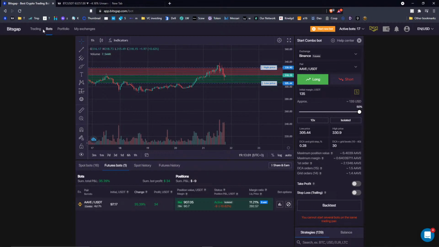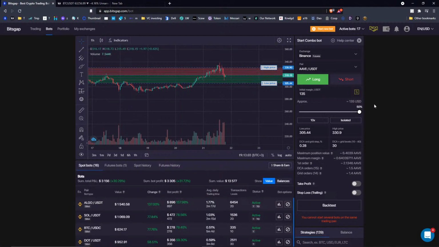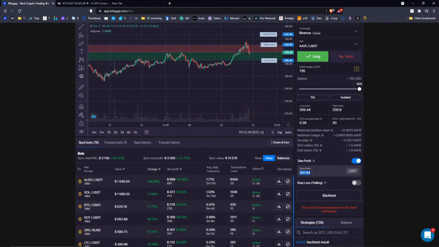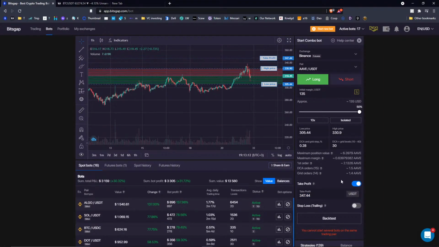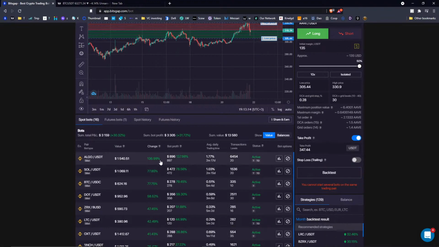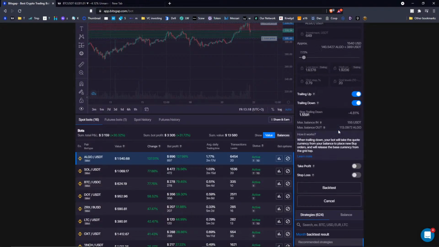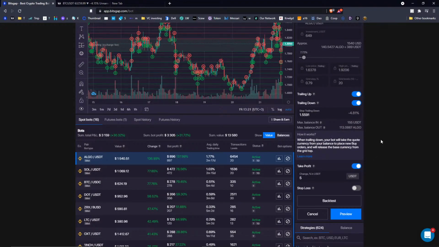Yeah, so as of the take profit, that was another question. As of now, you just set it at the price at which you want to exit. Let's say Alga. I don't have it on Alga, but I can click on modify, set the take profit.